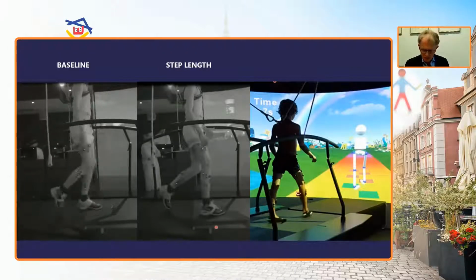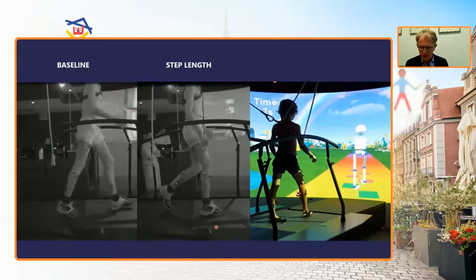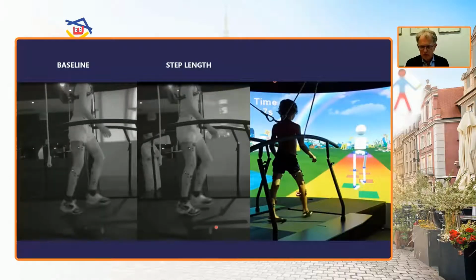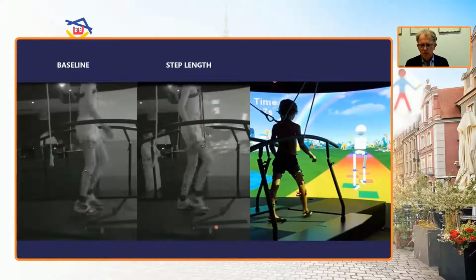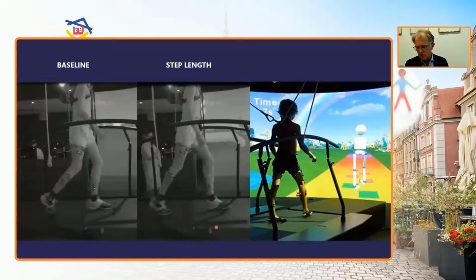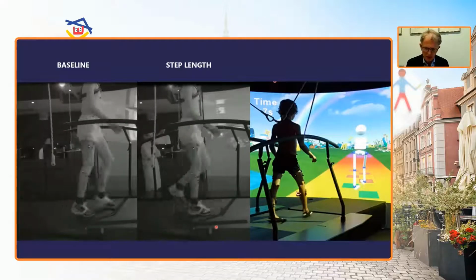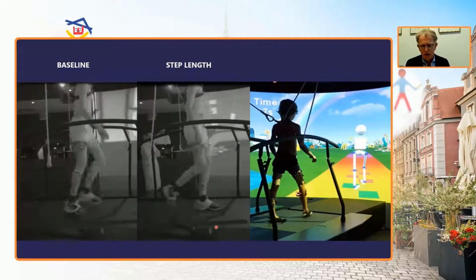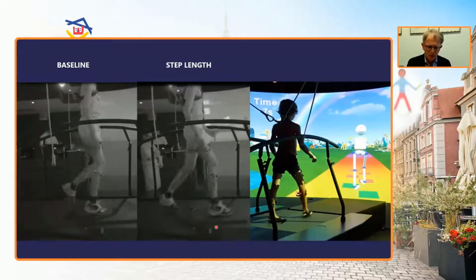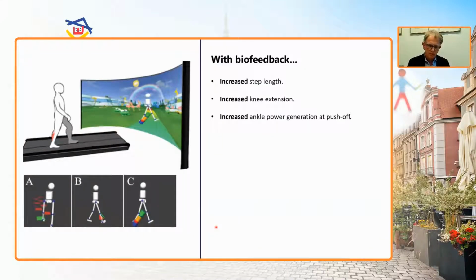Here you see a baseline movement when the focus was on increasing step length, and here you can see the post-training results. And you can see that the training was now done with a different kind of avatar, with projected feet onto the ground that had to be touched, and you can see an immediate effect on this parameter that has been trained. So with this kind of biofeedback, we were able to train children with cerebral palsy and increase the step length,